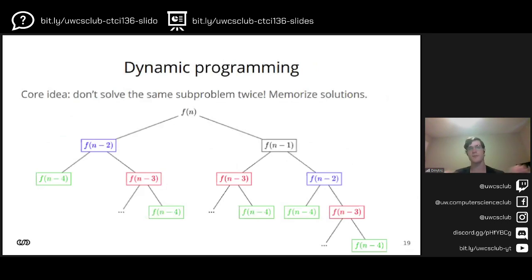Once you've solved fn-1, you never solve it again. You just look up the value and use it. And a very straightforward way to do that is putting something in a map. I'll go to that later. But the last comment on this is that